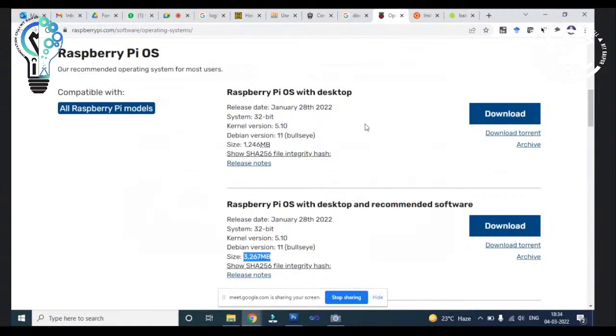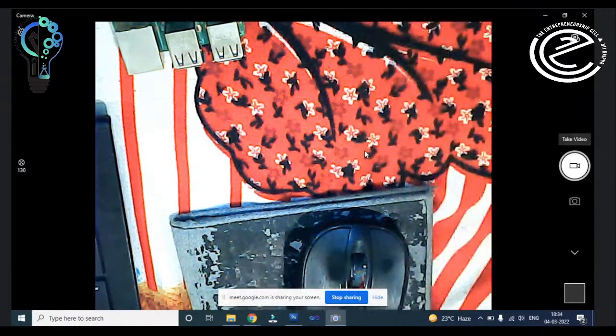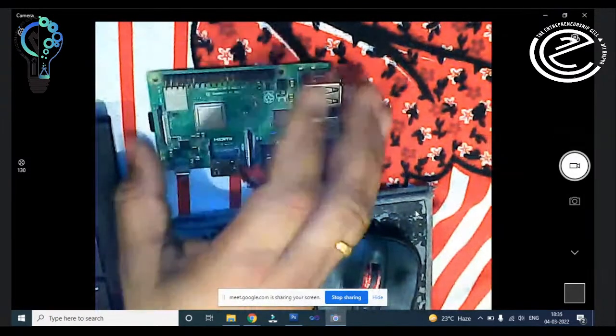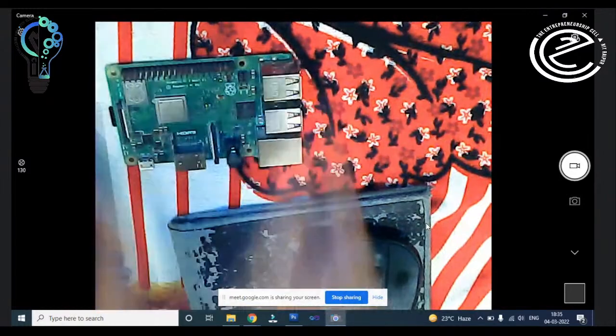Now the next step. Next step is you need a LAN cable for this purpose, because if you connect this Raspberry Pi board with your system, or if you have a screen like this, you can see the screen. I have this screen right now.